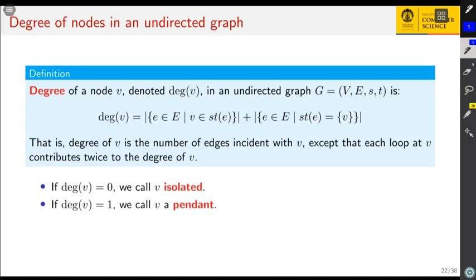So now we continue with the notion of degree. We still talk about graphs. Earlier we talked about the neighborhood of a node, and now we look at the notion of degree. So the degree of a node v, denoted deg(v), in the case of an undirected graph, is simply the number of edges incident with v,